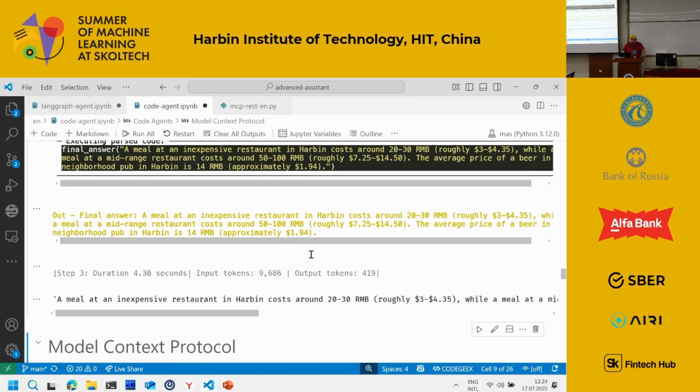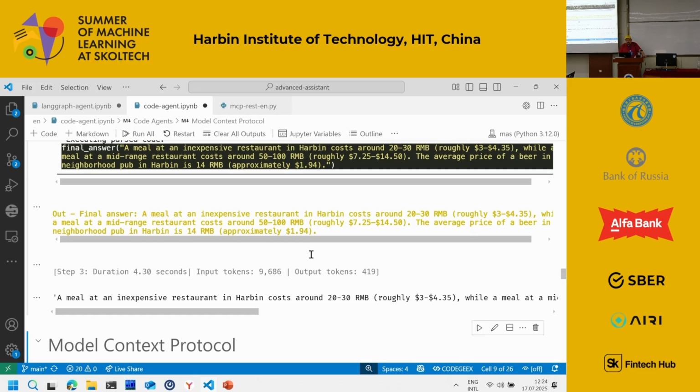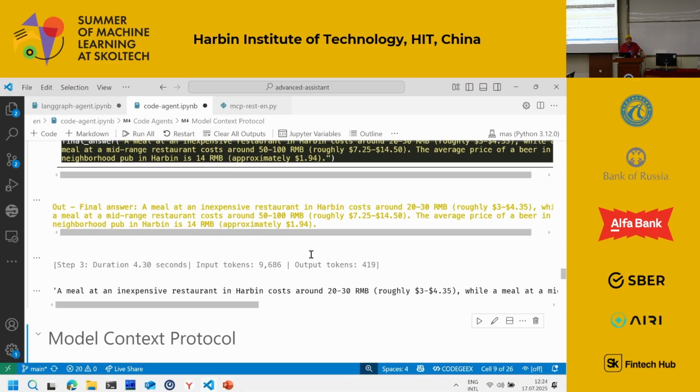So you see, very clever agent. Even though the search didn't work, it didn't stop, it persisted and found us the answer. So good. Now let's see if we can use this for our case scenario.